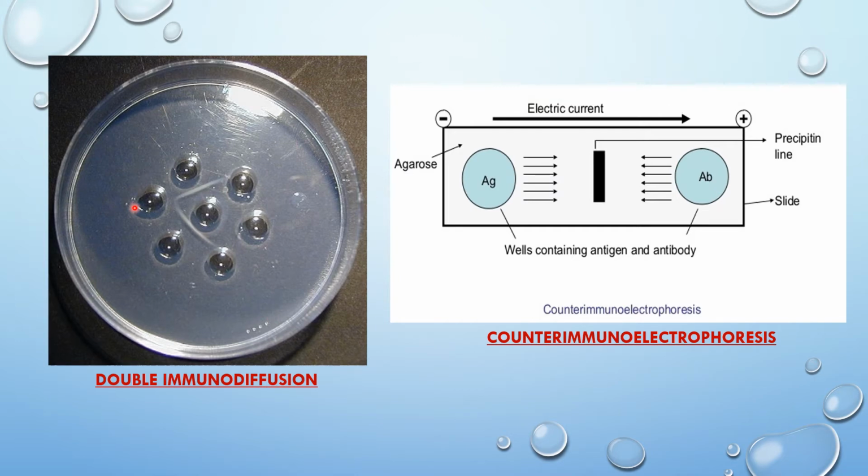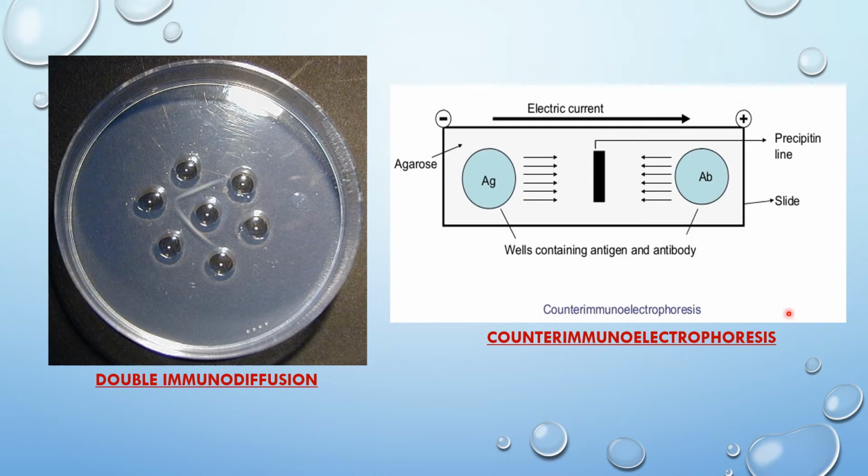This is the double immunodiffusion test. This is the center well in which we take antigen if we want to detect antibody. These are the wells in which we take patient serum. Wherever we get bands like this one and this one, this well as well as this well are positive samples, meaning they have corresponding antibodies towards this specific antigen, whereas all other wells which are not showing any line of precipitation are negative.